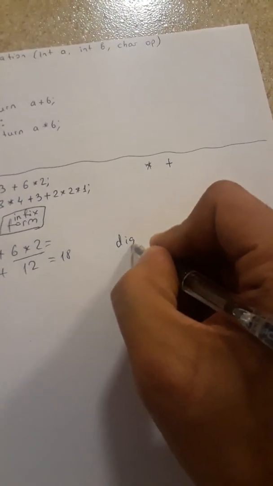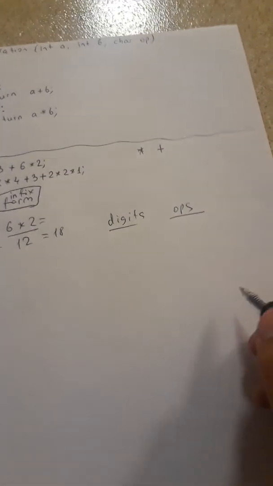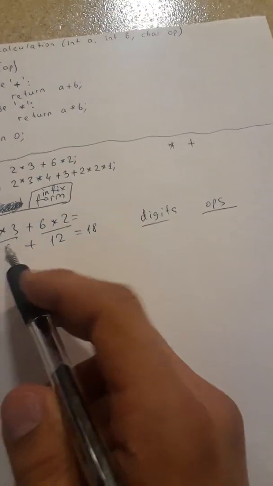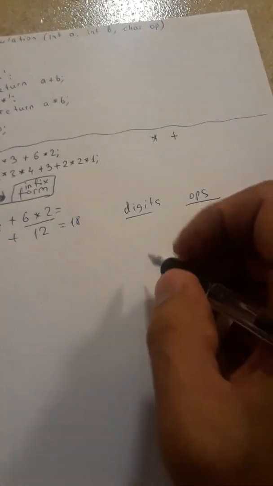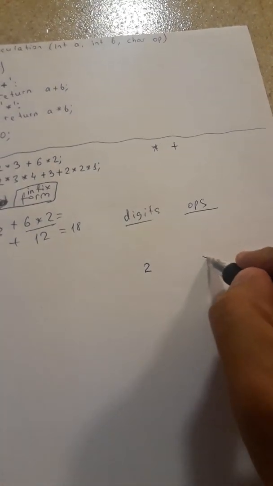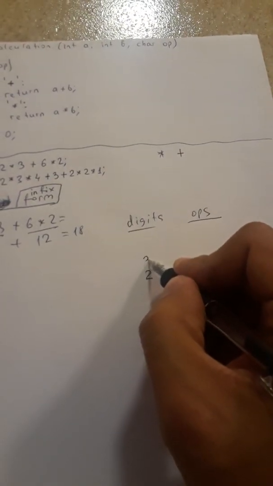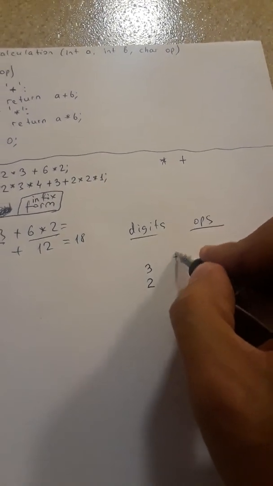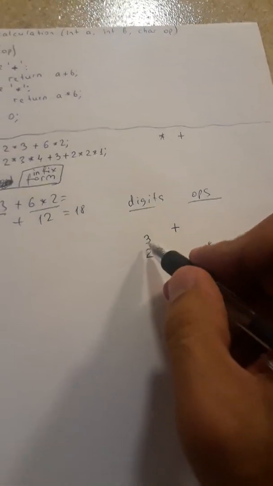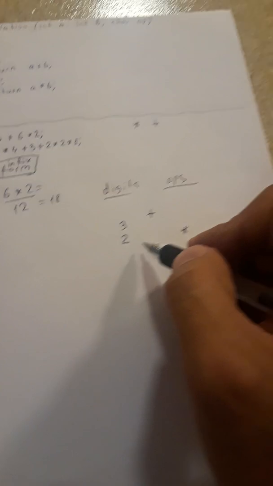So how are we gonna do this? First of all, we will have two stacks, one for digits and second for just operators. And in our first example, we will push our digits into our digits stack. So 2, then we will push the multiply operator, then we will push number 3, and when we see the plus operator, we will always pop all the numbers and operators and do